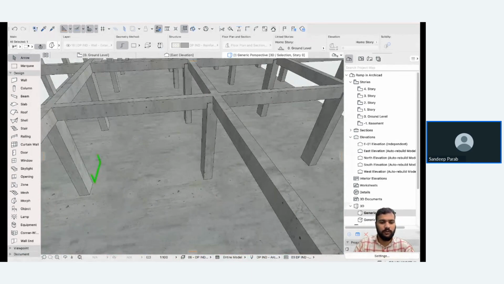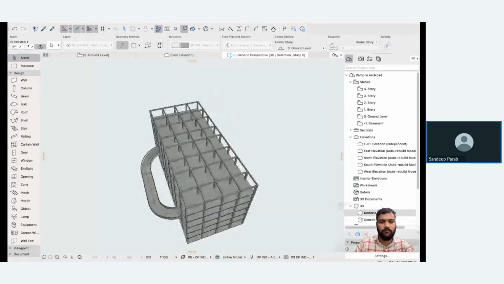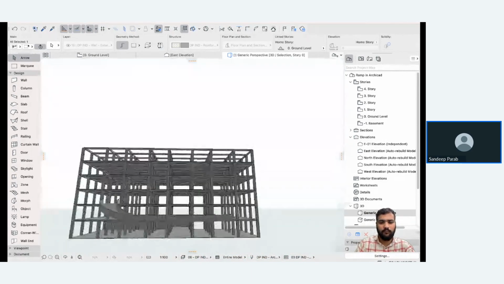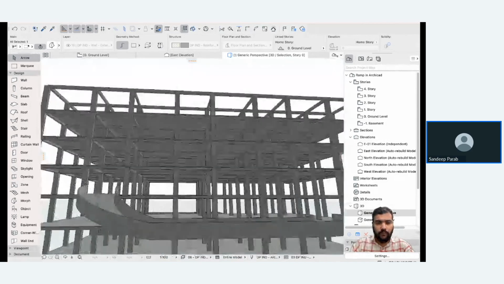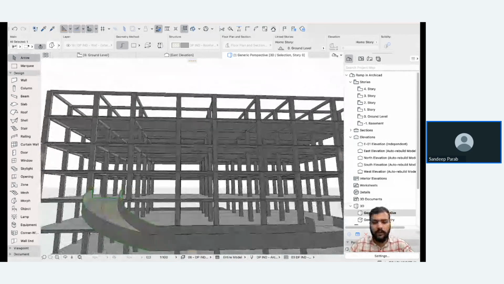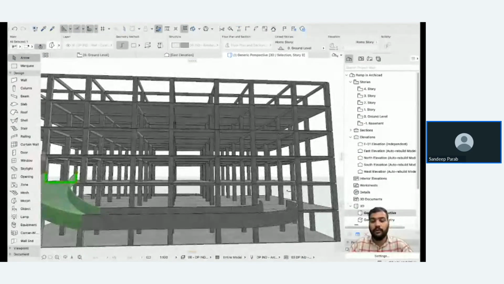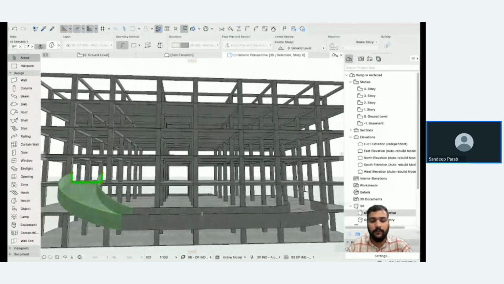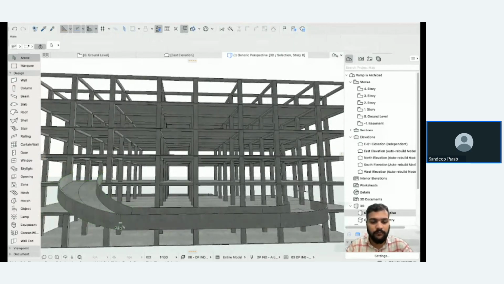So just this, so one of the transitions has been done. Now this portion is still on the ground floor, so I will have to transit that as well. So for this,